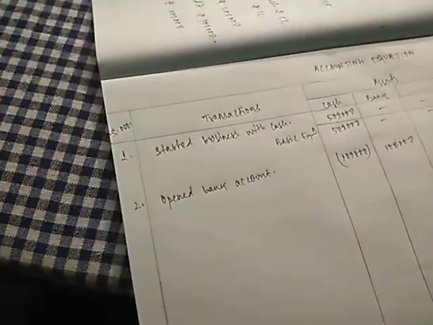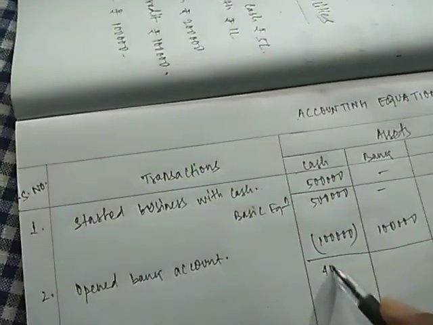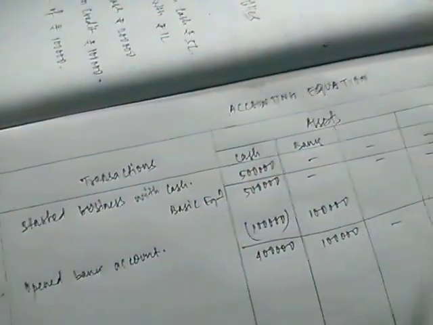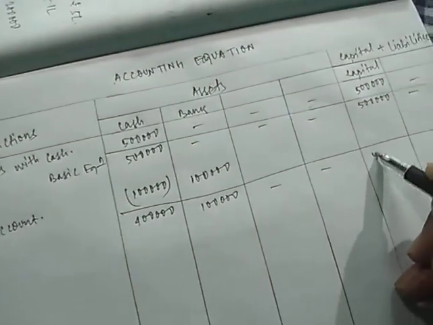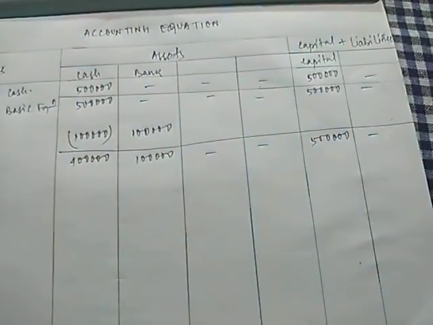After this again you need to make a line, so I am making it by using a pen directly, but you will use a pencil over there. Now 5 lakh minus 1 lakh is 4 lakh. 1 lakh is constant here, rest are nil, and this is 5 lakh, and this is also nil. So again you need to check on both the sides whether this is matching. This side we have 4 lakh and 1 lakh 5 lakh, and this side also we have 5 lakh. So this accounting equation is again matching on both the sides. You can see here how we have prepared this.